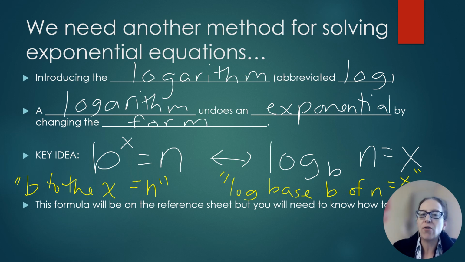And so when you are reading these out loud, if you're reading them to me or to a tutor, or just we're talking in class, we do want to say it correctly. We do not say log bn. The b is the base of the log, and the n is something called the argument of the log. It's what you're going to operate on. Now, this particular formula will be on your reference sheet, so you don't need to have it memorized. It's on your reference sheet for your EOC. However, if you don't have it memorized,